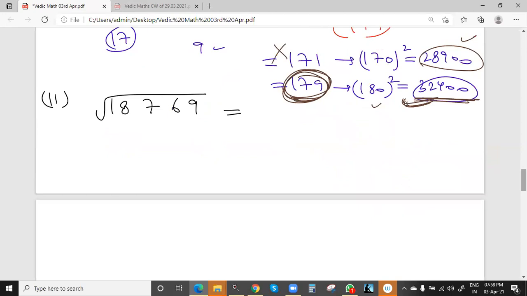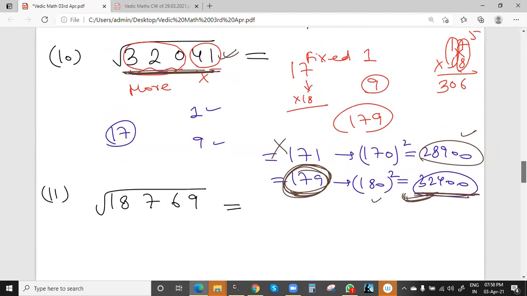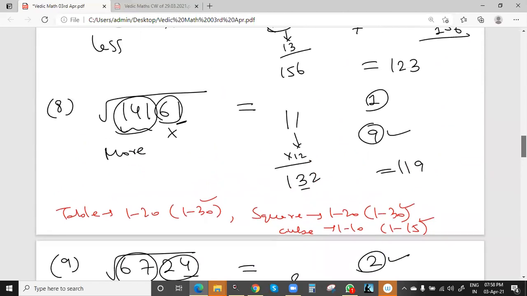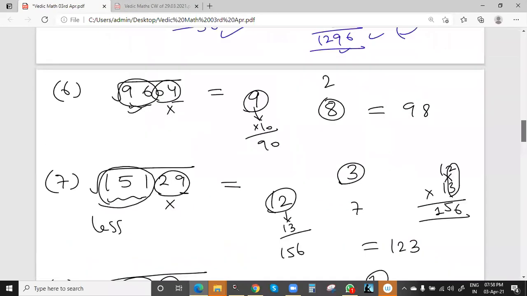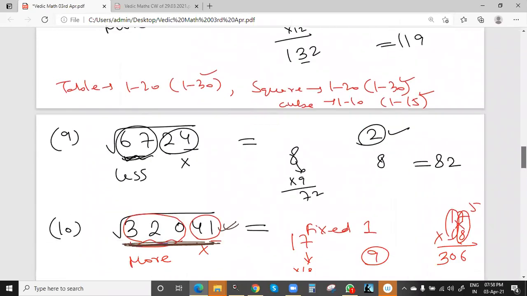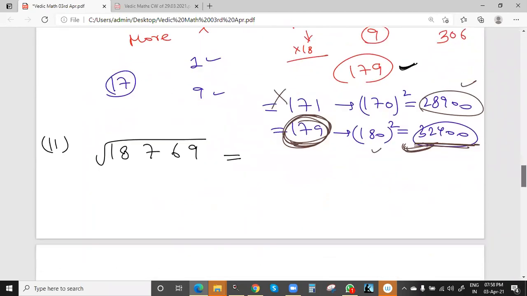See, first we'll solve this one question, then we'll see that question also. The same method we have to apply, but normally they don't ask such big numbers. 5, 6, 7 digits are fine. Normally this answer will be a 2-digit number. Here also we had 179, which is a higher number. In examination normally the square root will be between a 2-digit or 3-digit number. In earlier cases we've seen 56 or 98, 2-digit numbers. Here we have seen 179.